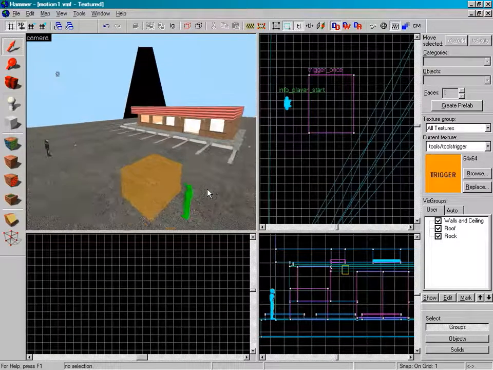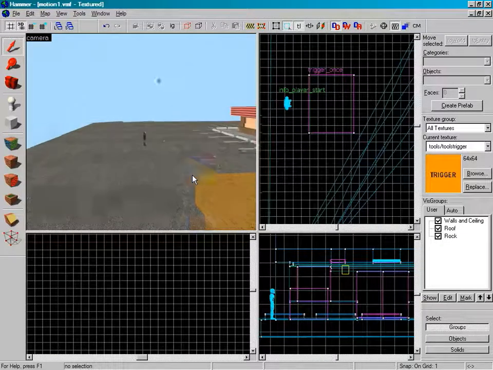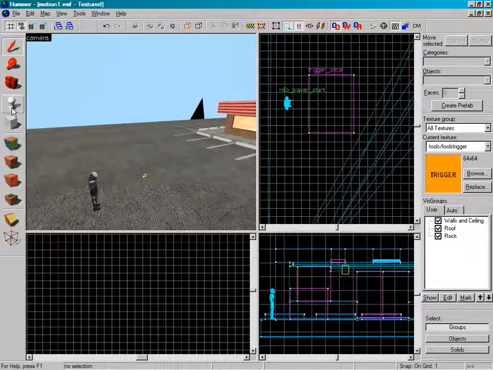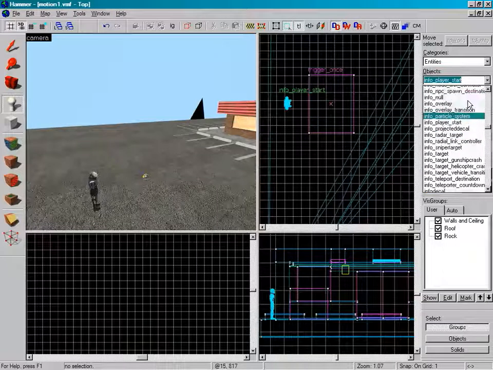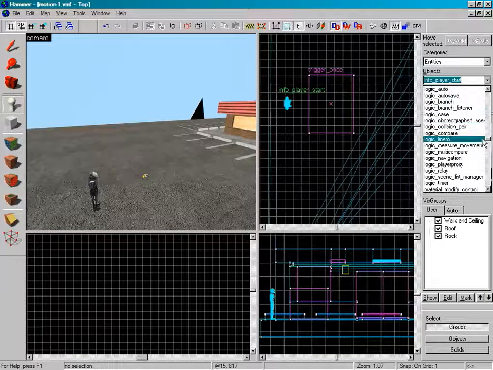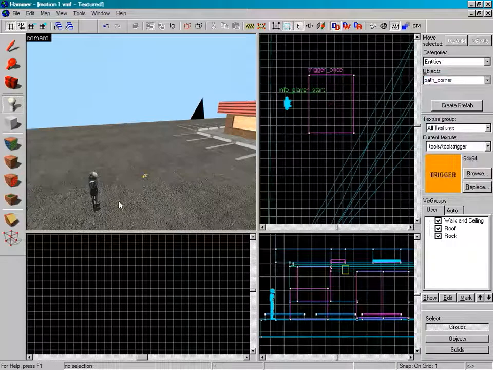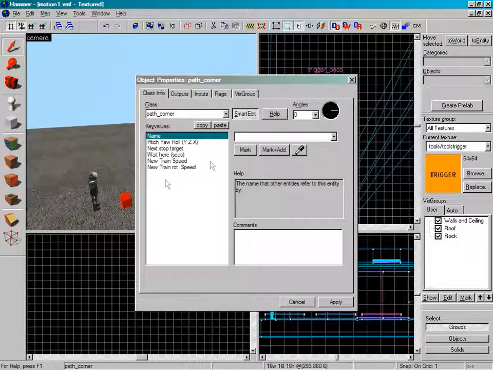Now we need to create a path for him. We do this using an entity called a path corner. So go to the entity tool and pull up path corner. Let's see, P comes after N. I know my ABCs, there it is. Okay, go ahead and place one of these in front of our guy here, then press select and double click on it. It's important to give this first one a name. I'm going to call it walk path. Then hit apply,